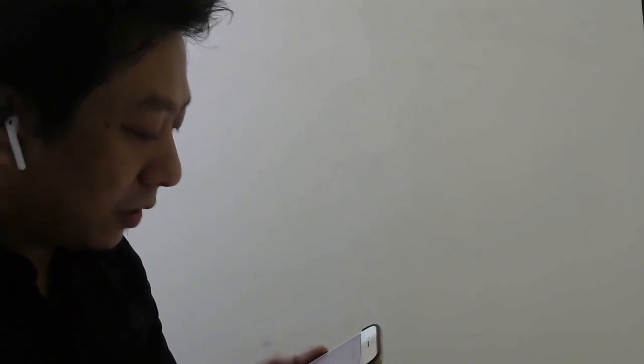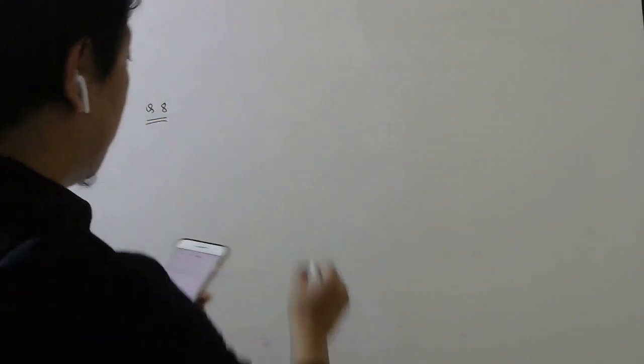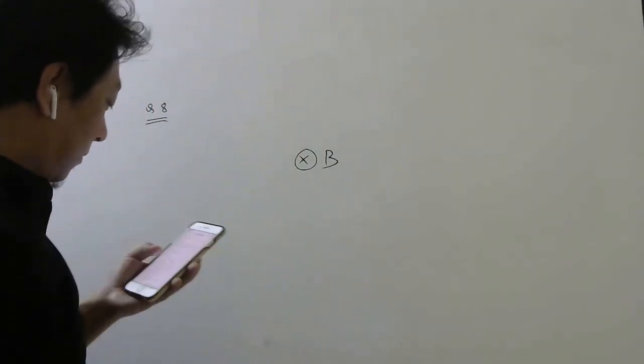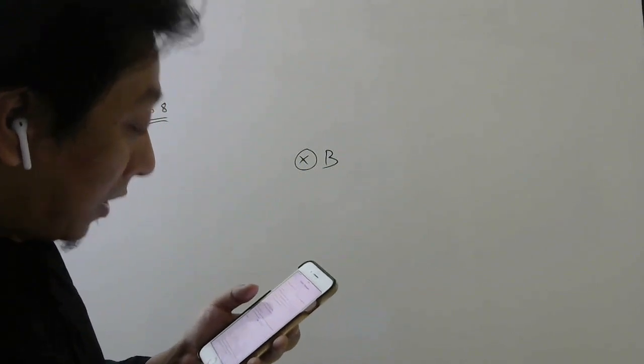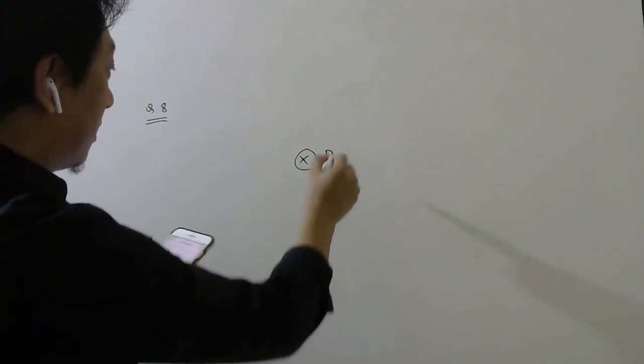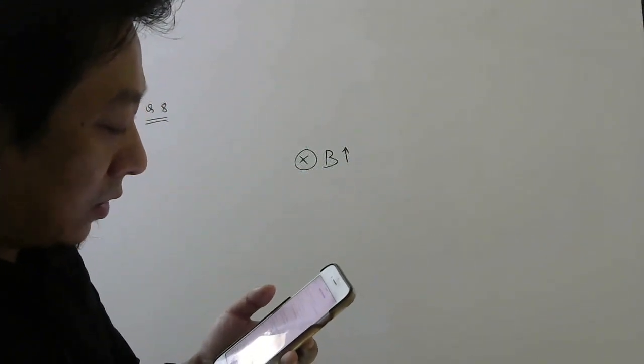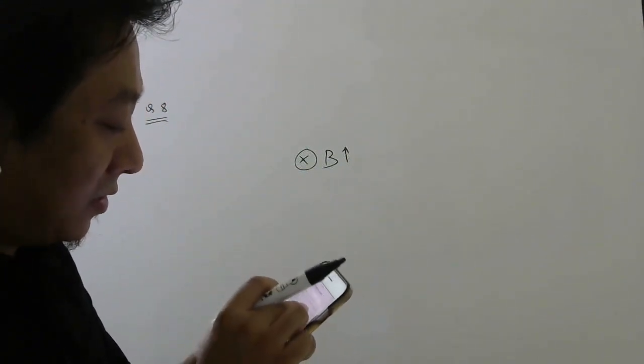The figure shows certain wire segments joined together to form a coplanar loop. The loop is placed in a perpendicular magnetic field in the direction going into the plane of paper. So the magnetic field is into the plane of paper everywhere, okay? The magnitude of the field increases with time. The currents I1 and I2 are the currents in the segments AB and CD.